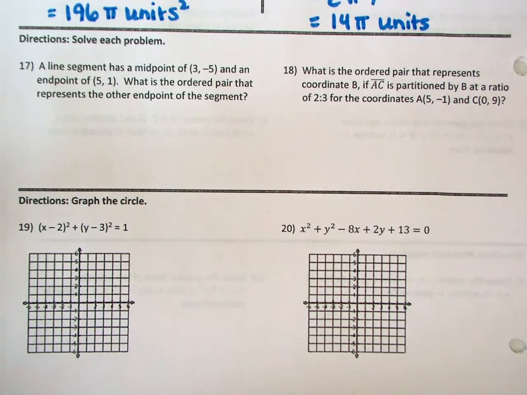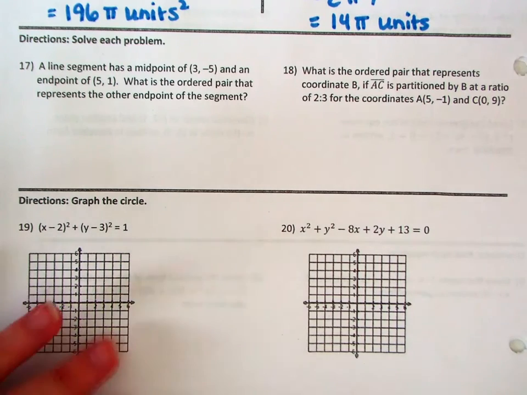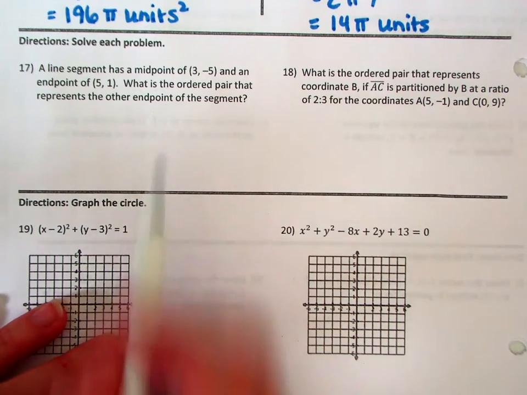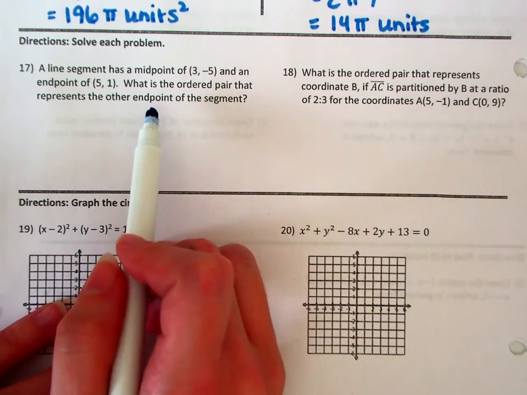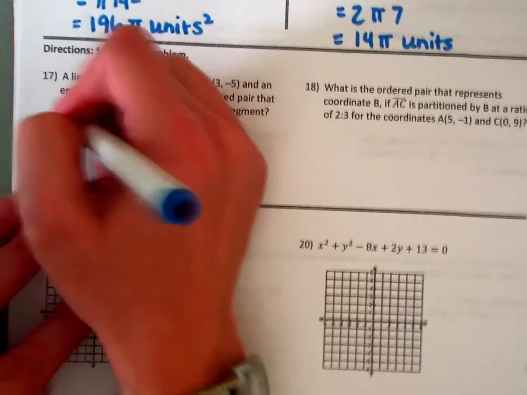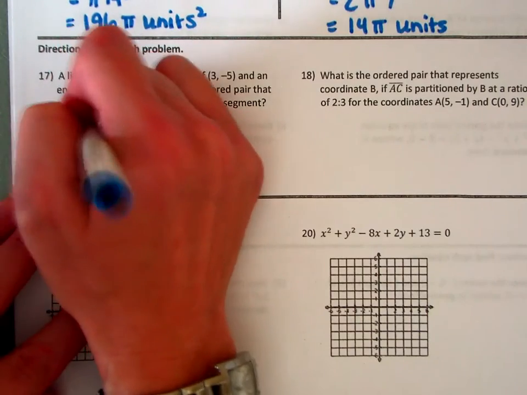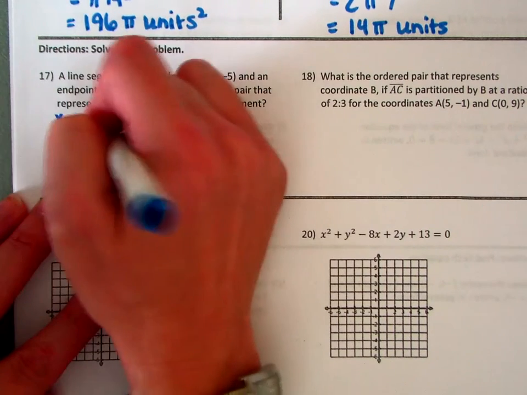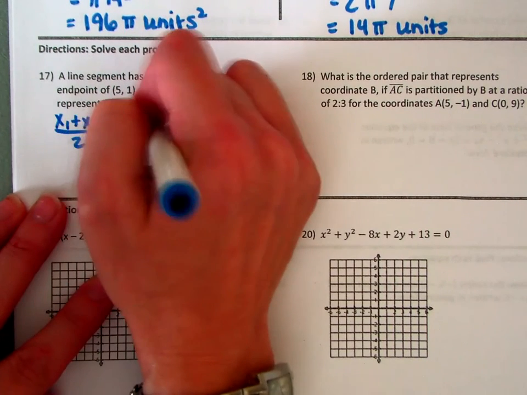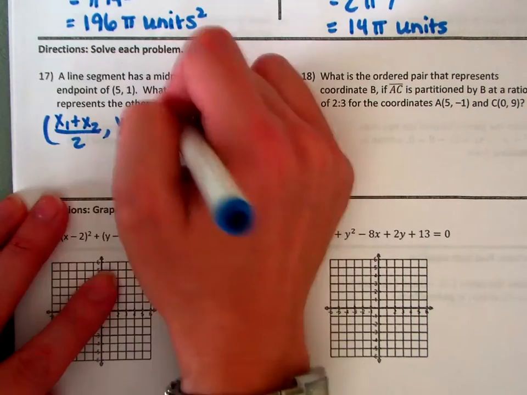In number 17, it says a line segment has a midpoint of (3, -5) and an endpoint of (5, 1). So what we're going to do is try to find the other endpoint of this segment. The midpoint formula says you take the average of your x's, (x1 + x2)/2, and the average of your y's, (y1 + y2), of course divided by 2, and that's going to be equal to your